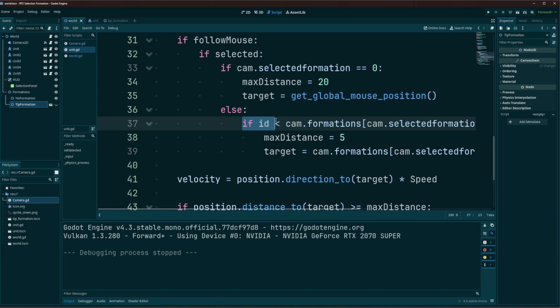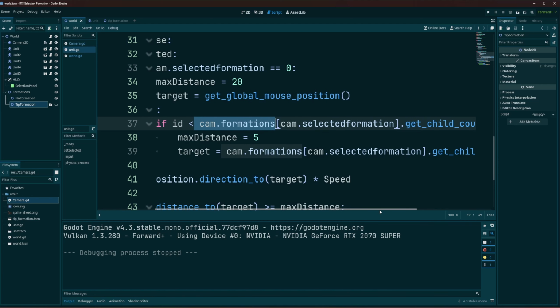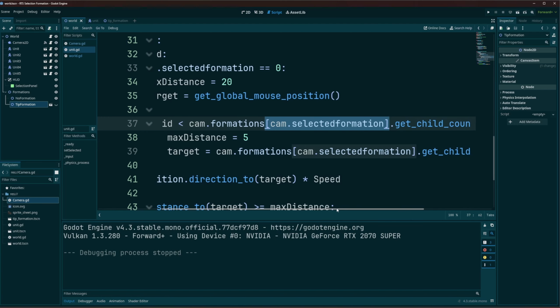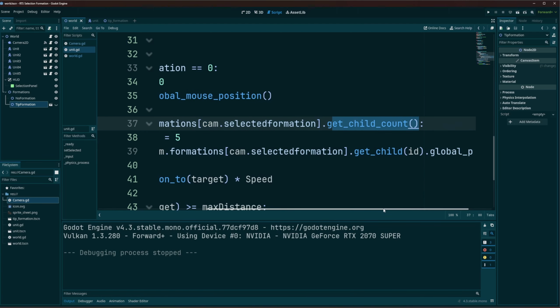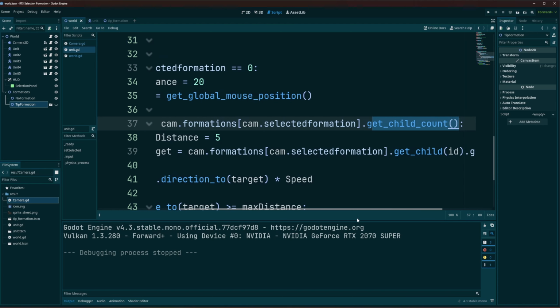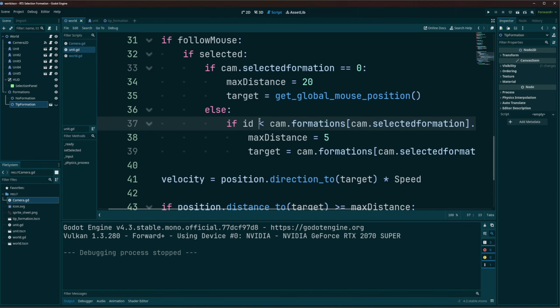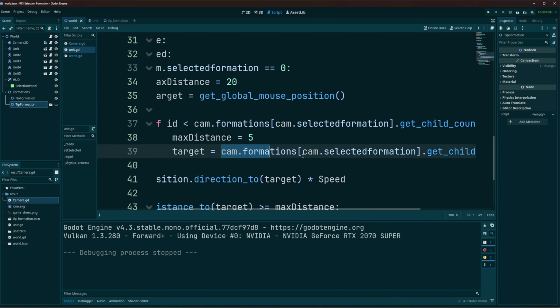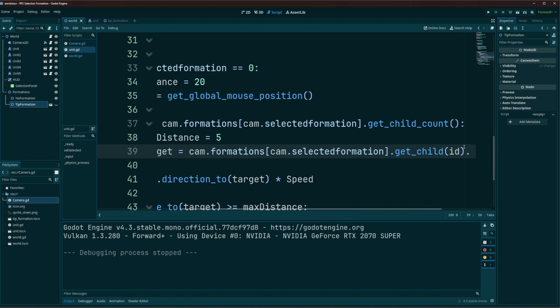Now, if the ID of our unit here, right, because this is on the unit script, so if our ID is less than getting our formations, passing in the selected formation, so we know exactly which formation we're looking at, get child count. So in our case, we have a child count of 4. We have 4 markers, so if ID is less than 4, then we're going to set its max distance to 5, and we'll set its target just like we did previously, only instead of setting it to the mouse position, we're going to set this to the formation of that marker,